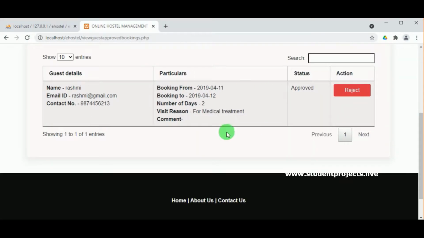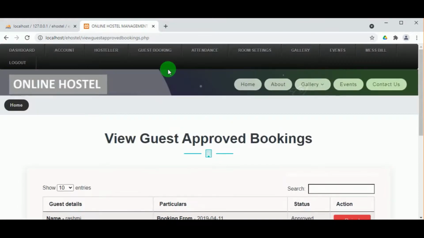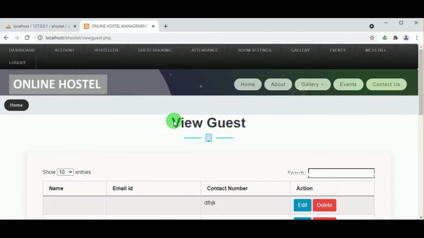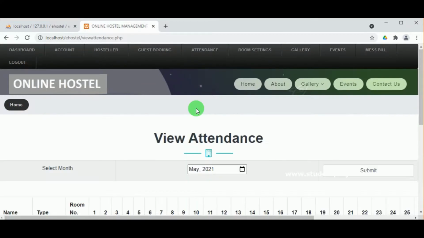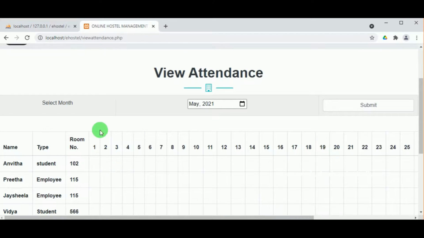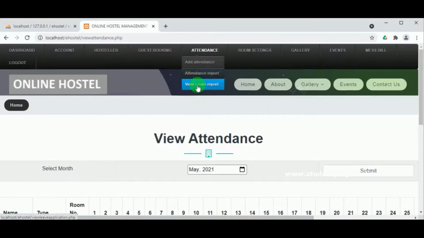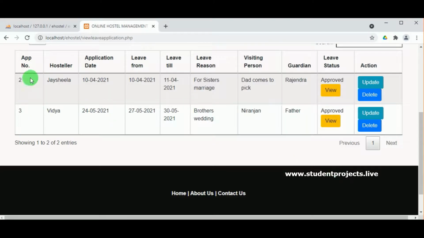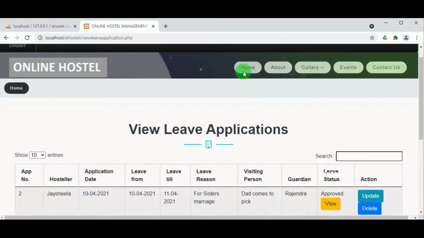Approved bookings also has a table. So most of the panels which have a view are in the form of a table. You can see view attendance, again in the form of a table. View leave report, this is a table with the header as well as the values.